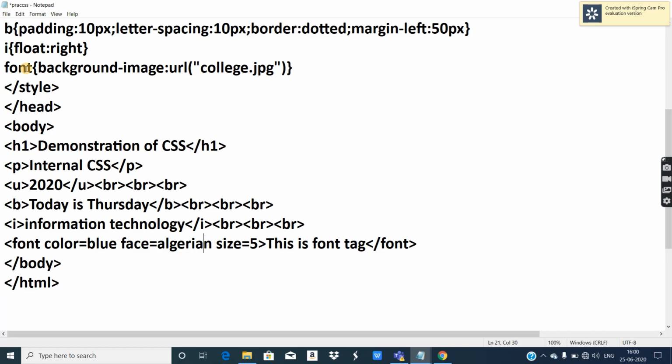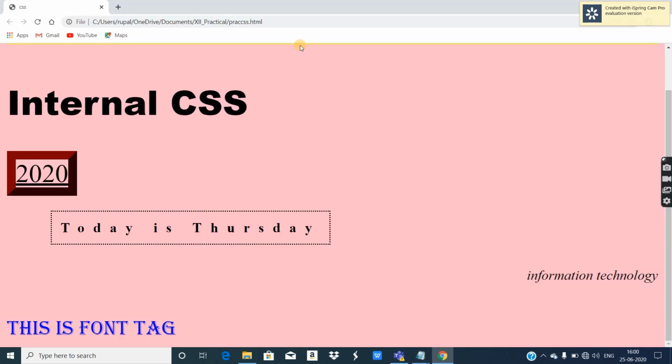Without using CSS also you can provide background color or background image to your web page. You know very well, in body tag there are attributes like bgcolor. If you provide bgcolor equal to some color name, then you get background color to the web page. And if you want to provide background image, you have to use the attribute background equal to entire location of the image, so the image acts as background of the web page. So that also you can do with HTML, but CSS also provides you properties. So let's see how it's applied.